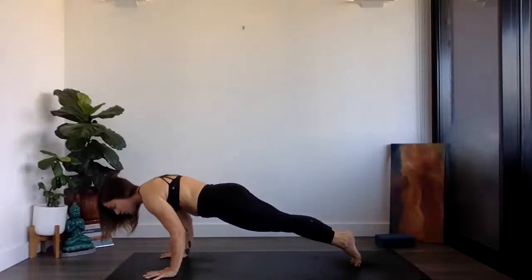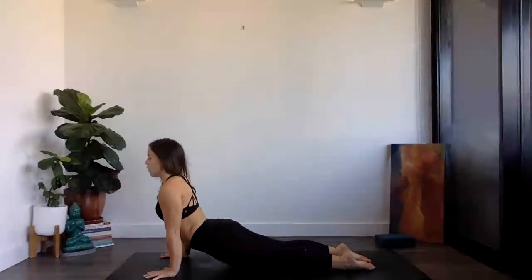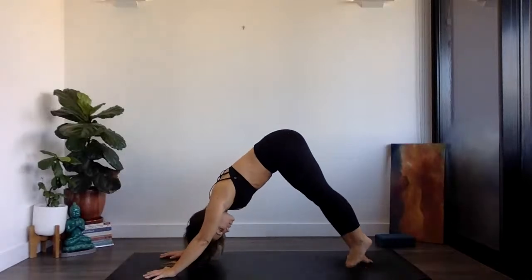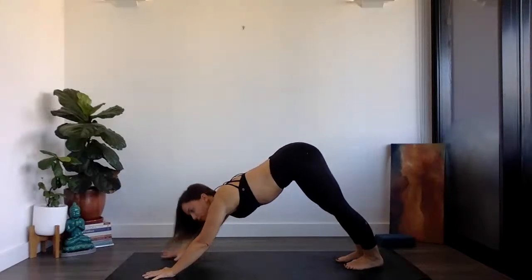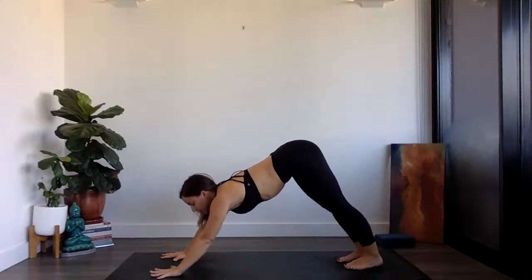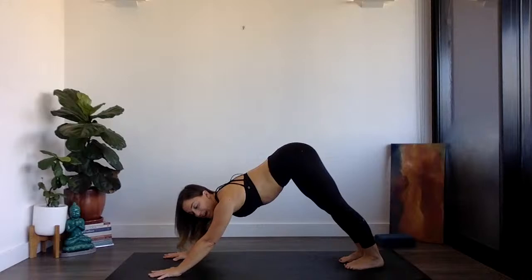Bending your elbows to lower all the way down for cobra, or halfway before you puff your heart forward and straighten your arms to upward facing dog. We land in down dog, hips lift up and back eventually. We all meet there. Now, it doesn't matter what poses you go through in transition, what poses you do really at all. The practice is more than just poses, it's opportunities to connect to yourself, to stay and feel and